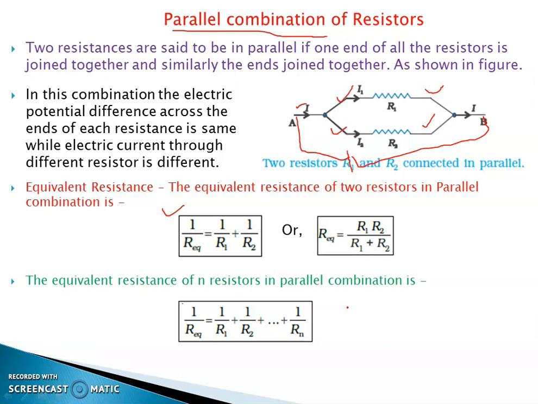But in exercises we will find networks which are neither purely series combination nor parallel combination, but a mixed combination. So the identification marks are two. If the same current is flowing through the resistors, it means these resistances are in series, and if the potential difference is the same, it means that is the parallel combination, right?